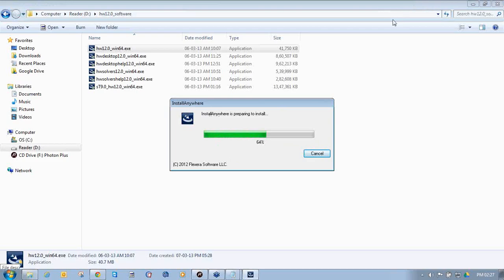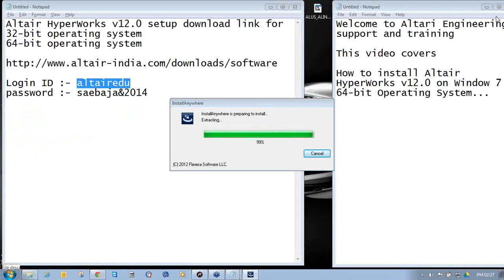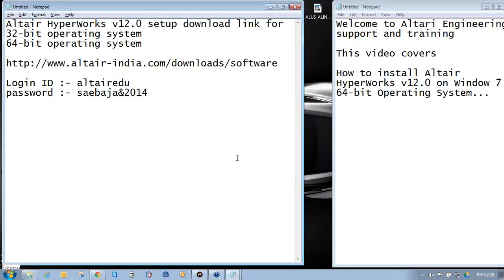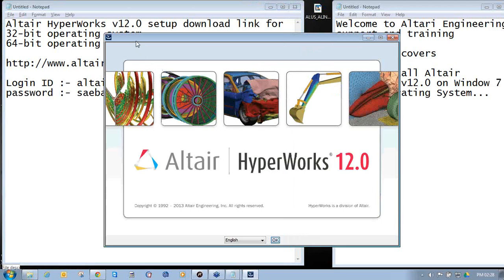Once InstallAnywhere extracts all the necessary files, a setup window will appear.